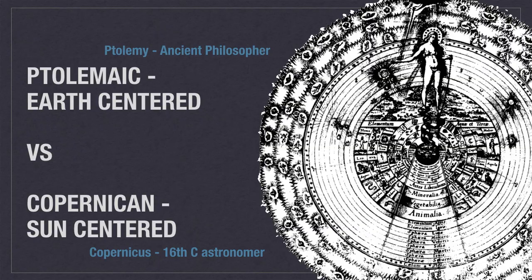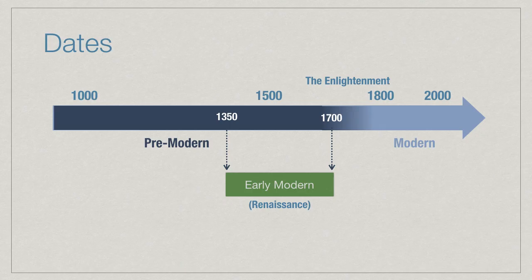1543. Now, if we go back to look at the dates that we're working with, you'll notice that 1543 falls squarely in the middle of the early modern period, yes, but it is long before the sort of modern worldview. It's long before the Enlightenment. Copernicus came out with his revolution, but it took a long time for that revolution to trickle out through the world of philosophers and eventually scientists and into popular culture.